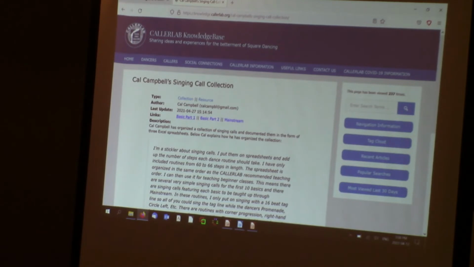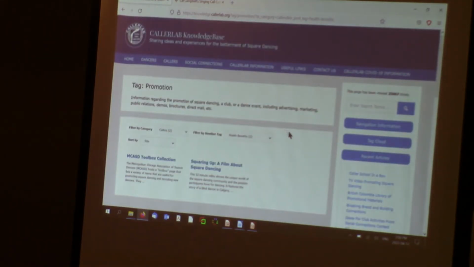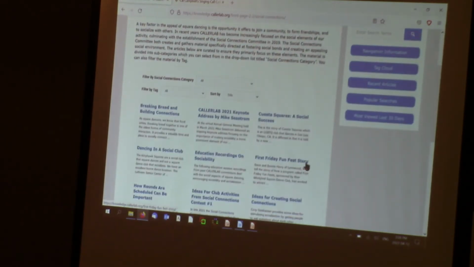Okay, so what was I doing? It's just about time. So just before I turn it over to Dottie, I just wanted to show you this new section on social connections because it looks slightly different.